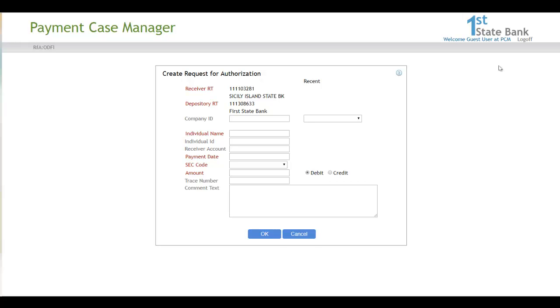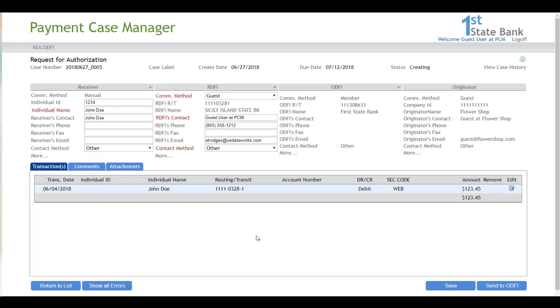So you will need to provide the company ID, which you can manually enter, or you can use the recent box to the right that shows previously used companies. You must also enter the individual name of the ACH recipient, the payment date of the ACH transaction, the SEC code of the ACH transaction, and the amount of the ACH transaction. Once this data entry is completed, click OK in the bottom right,